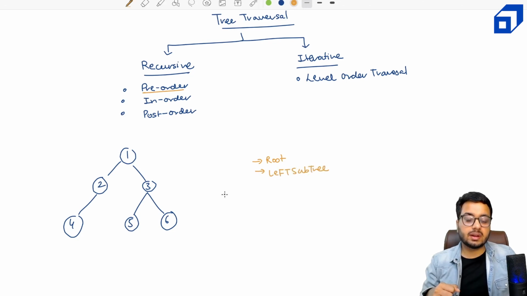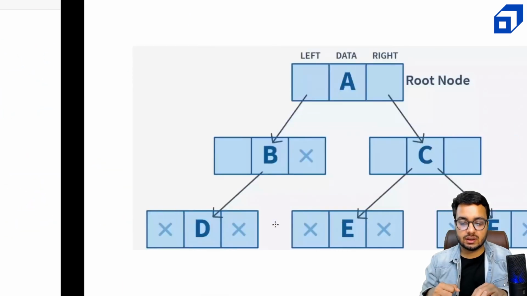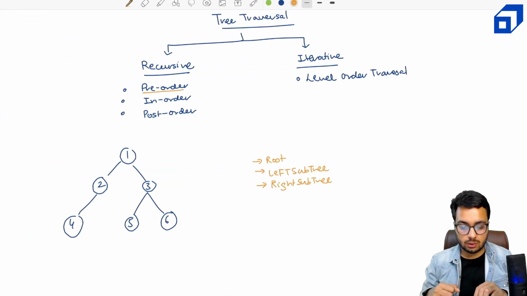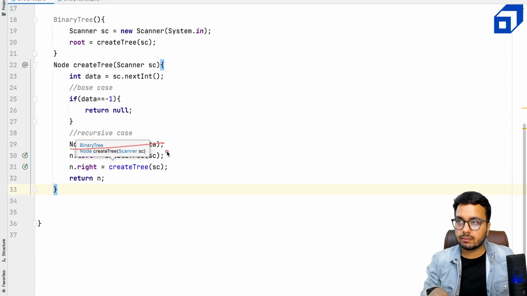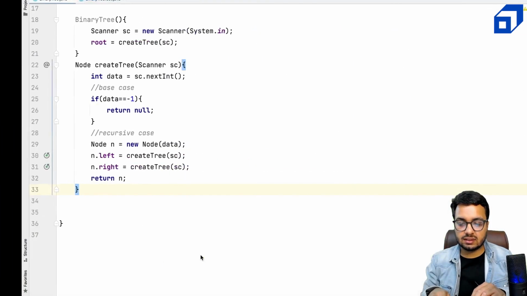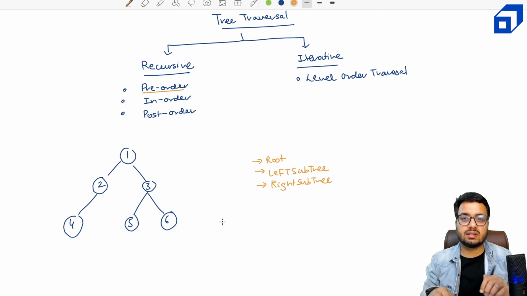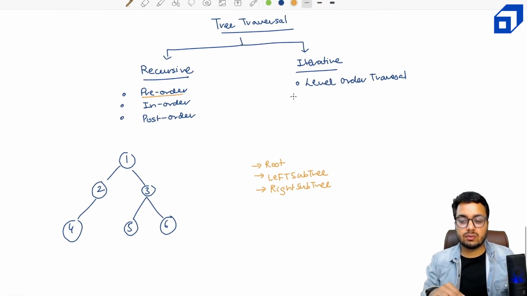Okay, this will be a recursive call, and I will recursively traverse the right subtree, again a recursive call. It is very similar to what we are doing in the build function. If you look carefully, we are first building the root node, and then we are recursively building the left tree, and then we are recursively building the right tree, right? So if you see in this case, the output will be very similar to the order in which you have